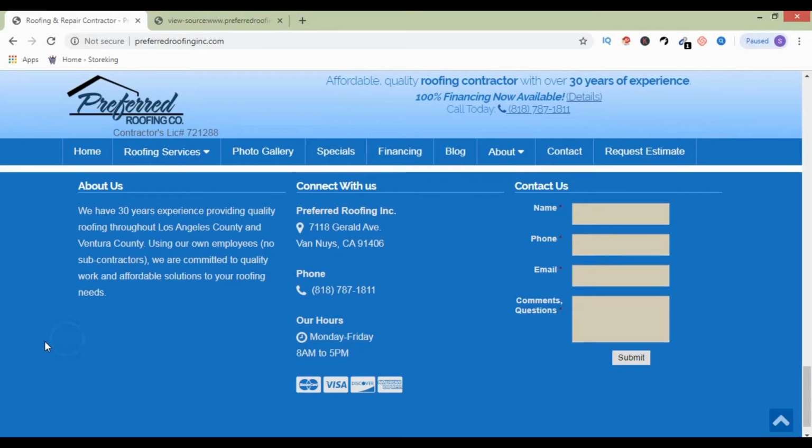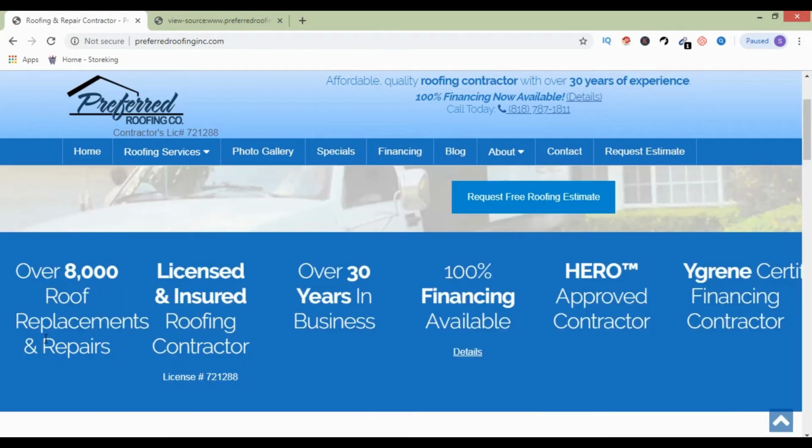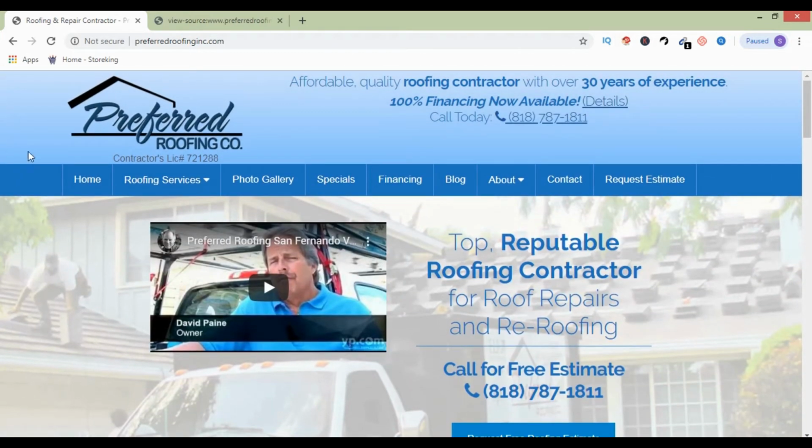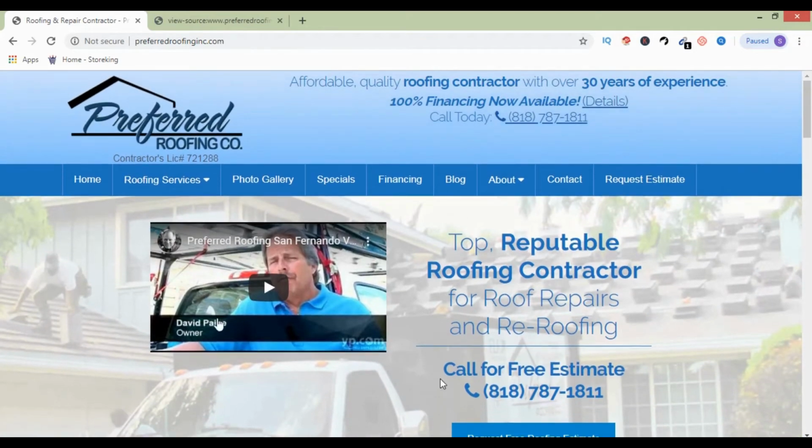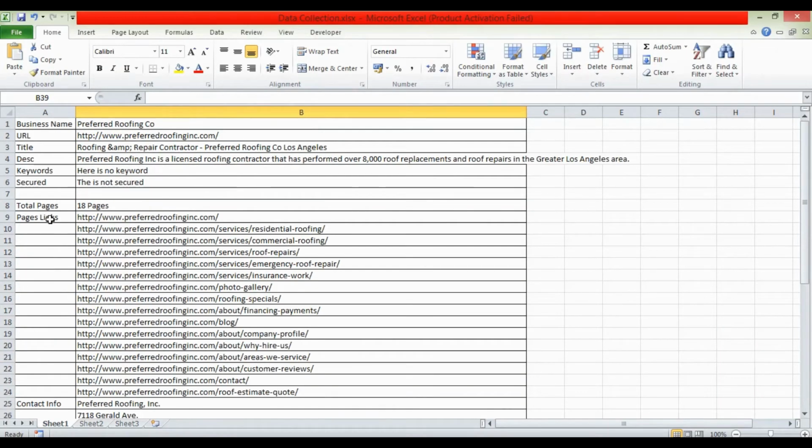Fine. Now I have collected whatever details I can from this website. The whole website is looking good. The design is not a problem, but we can suggest some information to change. First of all, the URL is good, the title is good, and the description is good, but the keyword is